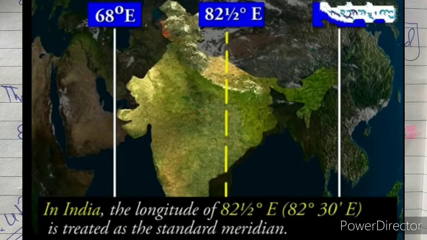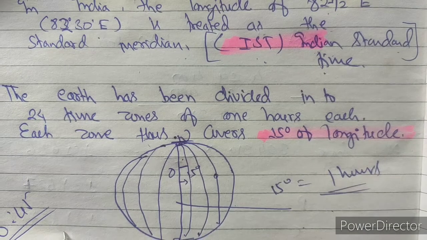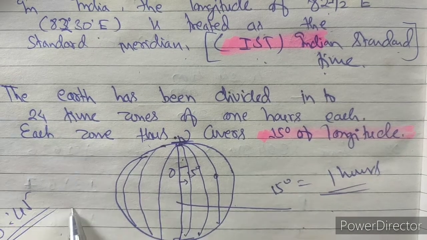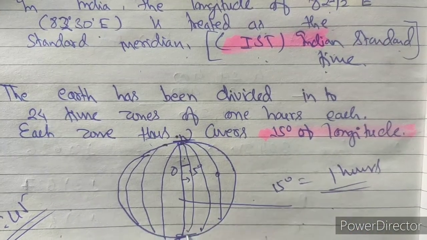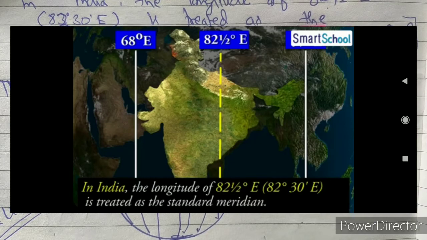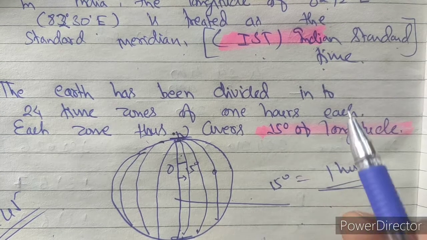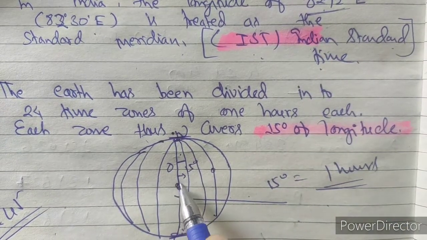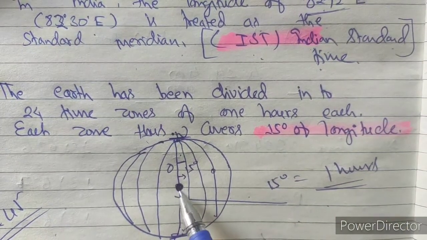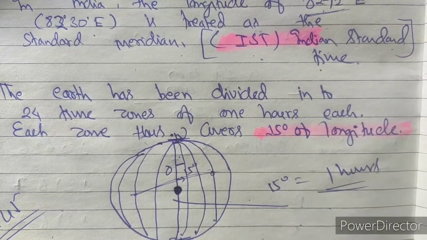That's why there is a time lag of 1 hour and 45 minutes within India, from Gujarat to Assam. And to avoid this, we have to decide one standard time zone that we have taken as Mirzapur, the 82 degree and half east. Otherwise it would be very difficult to decide the train timings also, because there would be a time lag of 2 hours, as I told you.